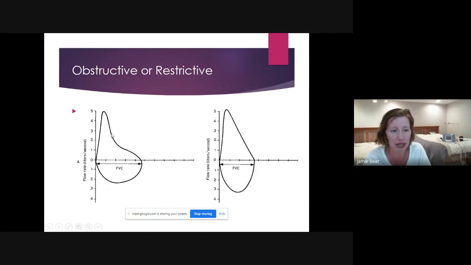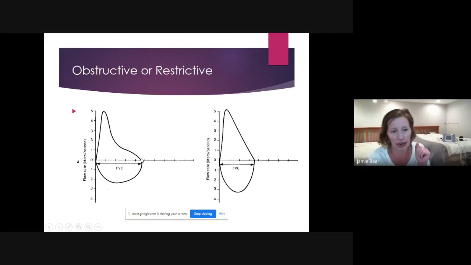And then it took them a lot longer to get that air out, because once again, when they have an obstructive disorder, it gets trapped in there when they try to exhale it out. So you'll see that there's a good response at the beginning, but it still takes them a lot longer